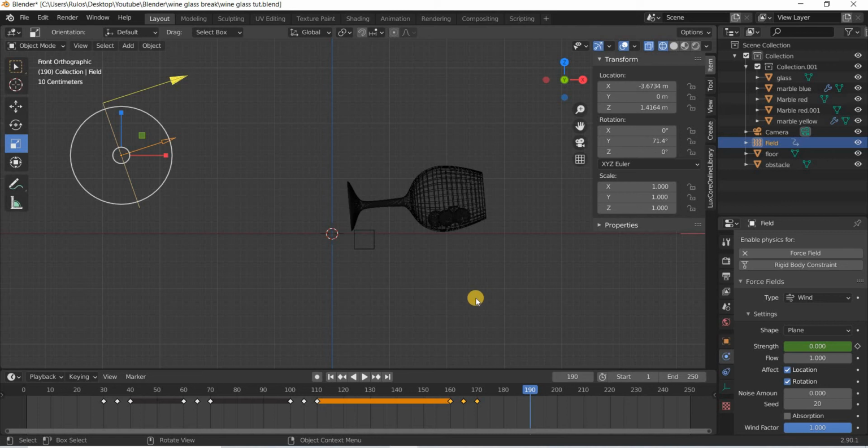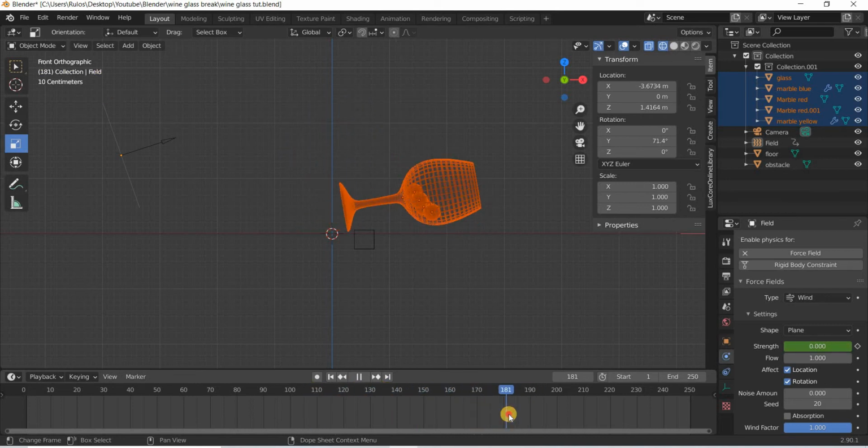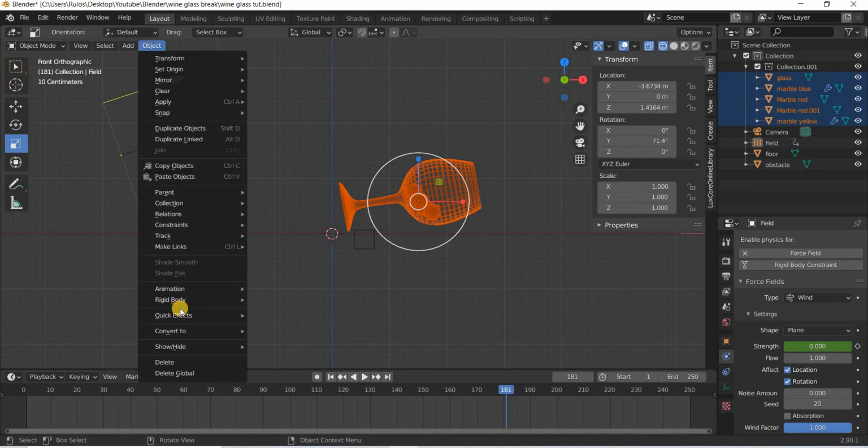Alright, so this looks good. Now we are ready to bake our animations. We'll select all these, and we need things to stop at 182, or maybe 181. Here we will replace the glass with the other glass. So we'll bake it till 181. So I'll select all these, go to Object, Rigid Body,